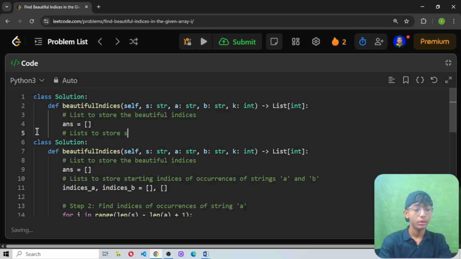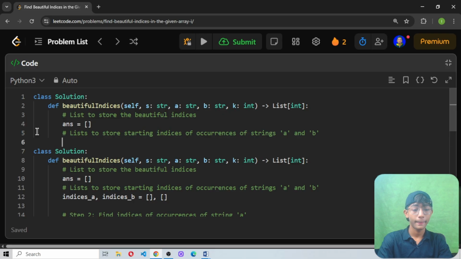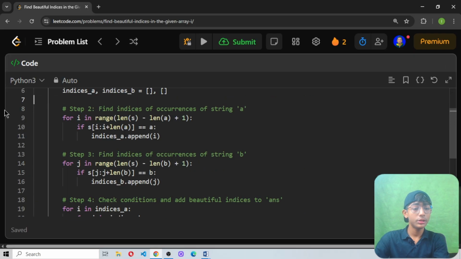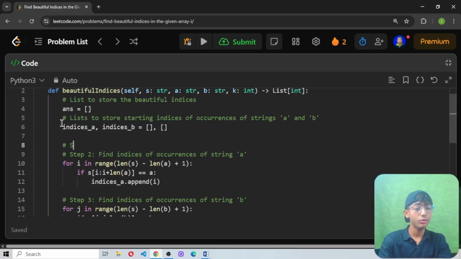Store starting indices of occurrences of strings A and B, and then define here indices A and indices B. Perfect, enter. And now when we do all this code, our step 2 is